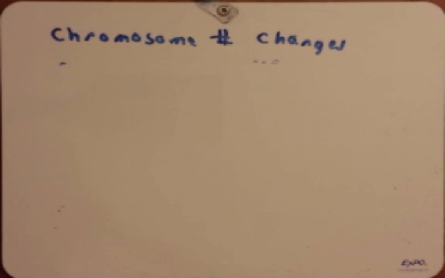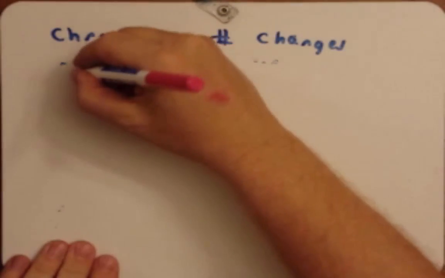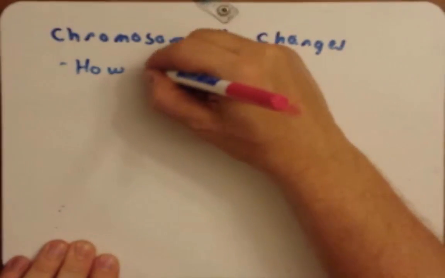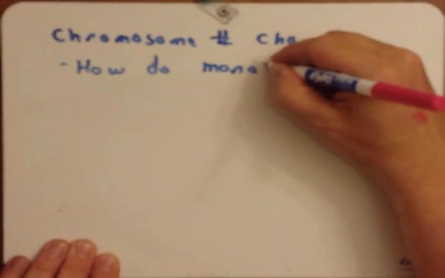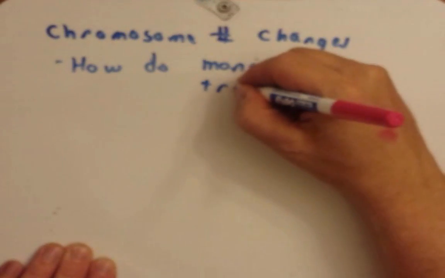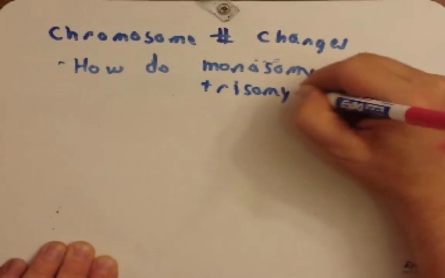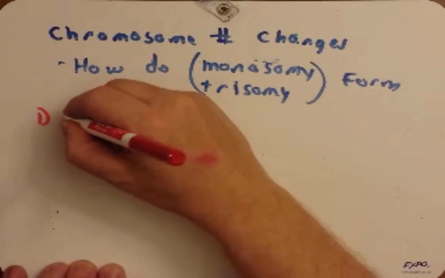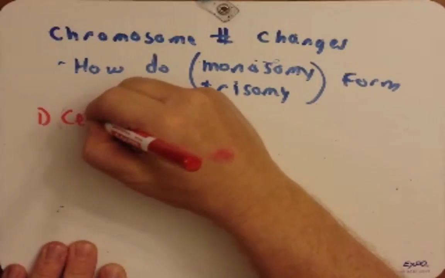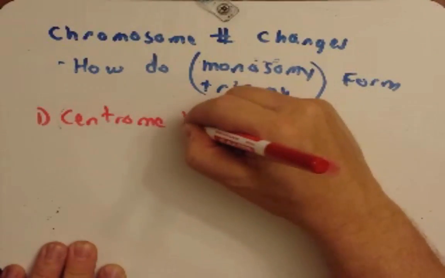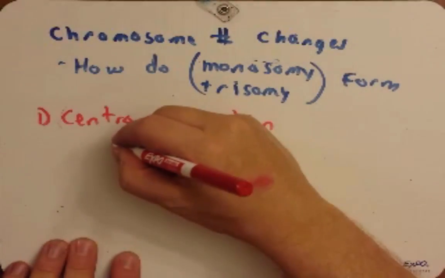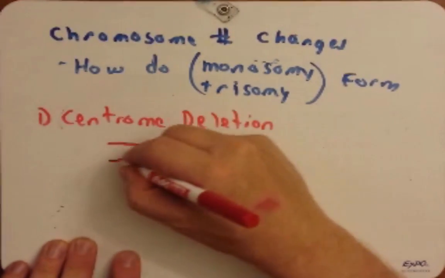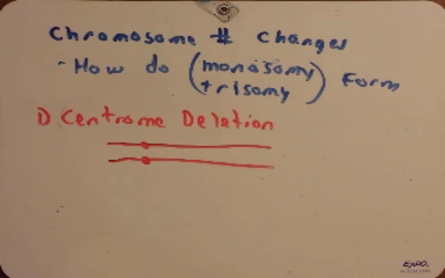The next question I want to ask is, how do they form? So how do monosomies and trisomy, how do these form? We can come up with 3 different ways that would facilitate these monosomies or trisomies from forming. The first is a centromere deletion. So remember, if you have 2 chromosomes, homologous chromosomes here, and the region of this that gets deleted is